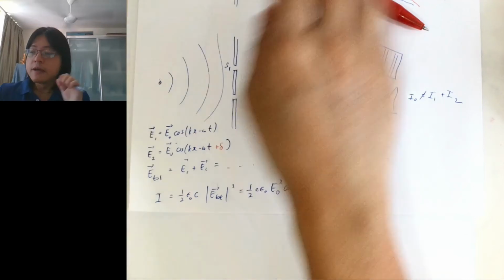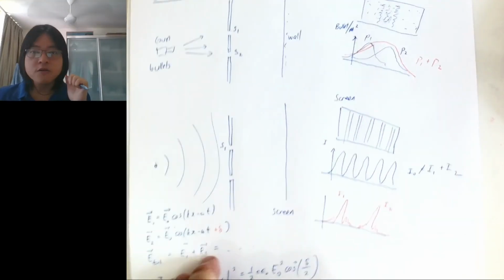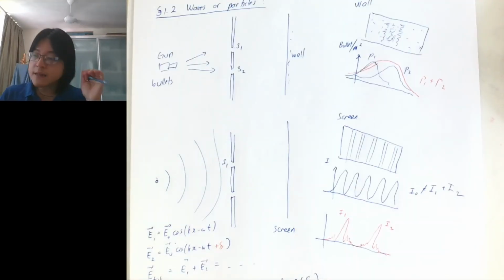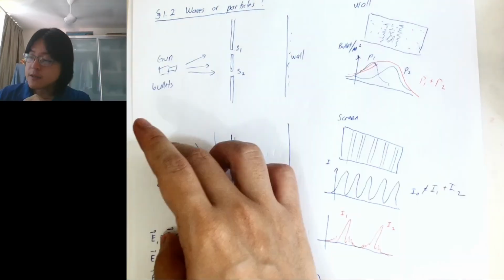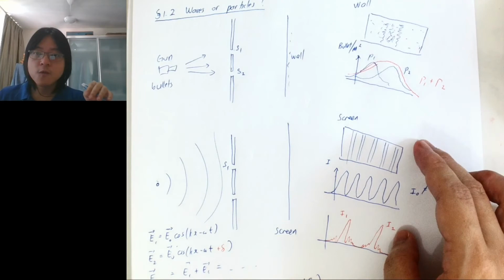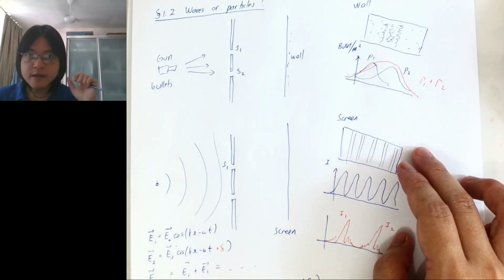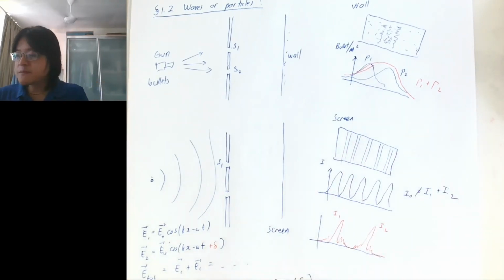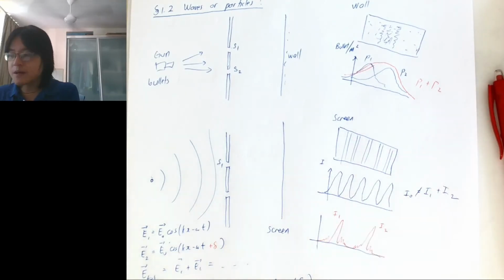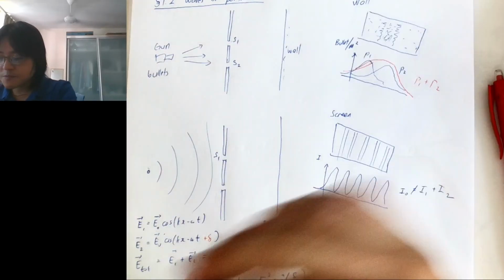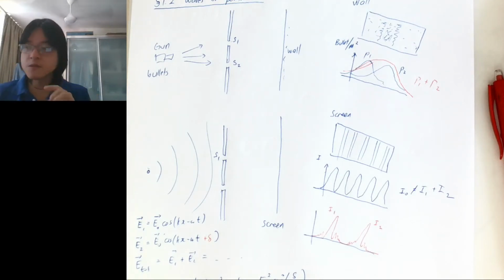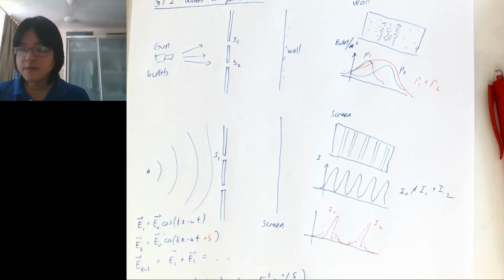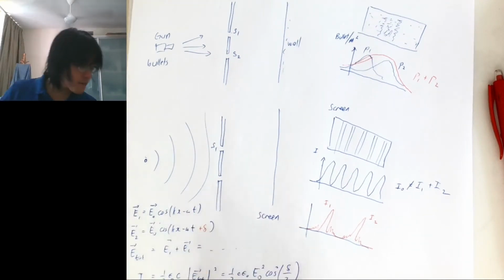The reason why I go through all this is so that we understand what we get if they are particles, and what we get when they are waves. This is just to remind you, and also to establish this concept. The strange thing starts to happen when we do the experiment with electrons. So let's see what happens if we do it with electrons.